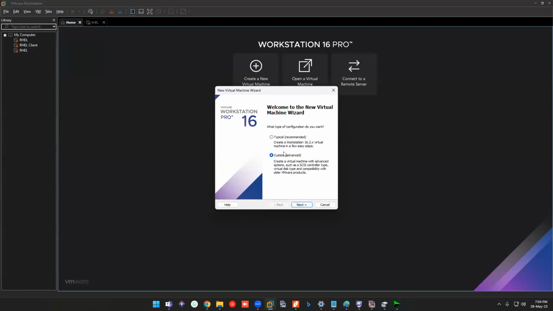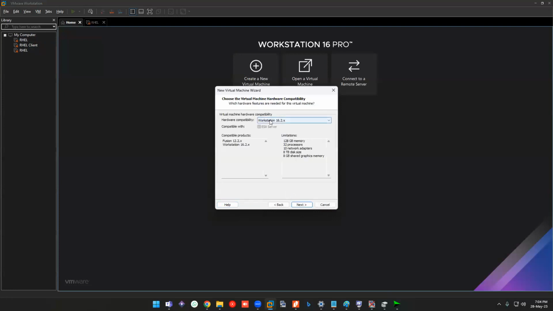So we'll be doing the custom one next. This is nothing but the hardware capability. Let's say if you select the oldest one, you can see the hardware itself will be very less capable. Anyhow, as of now, it is fine. You won't have 8 TB of disk in your laptop or system, or if you have, you won't be using that for a virtual machine. So you're good here.